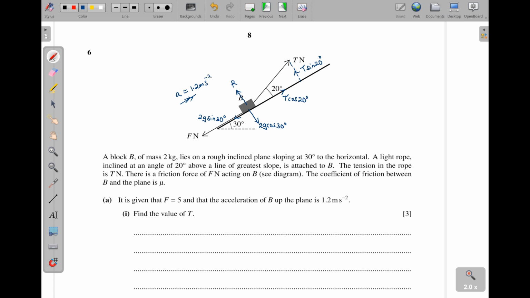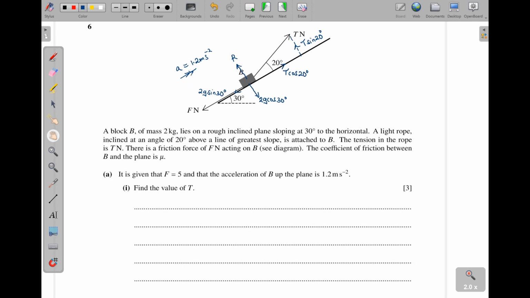Now, of course, we are going to use F is equal to ma. From the diagram there, you can easily see that we don't have vertical motion. So R is equal to 2g cosine of 30. Now, using F equals ma, T, this force that is now taking this particle that side, T cos 20 minus,